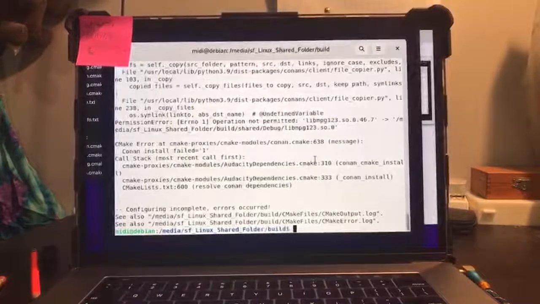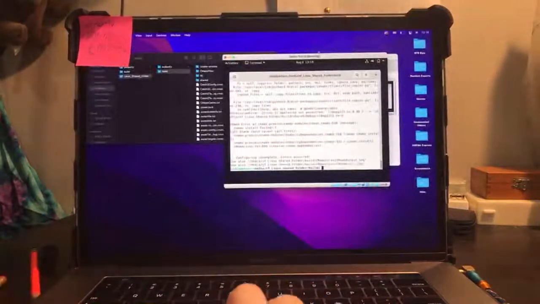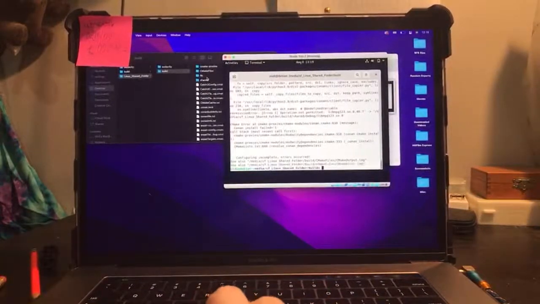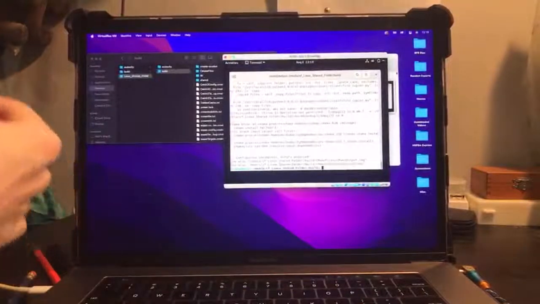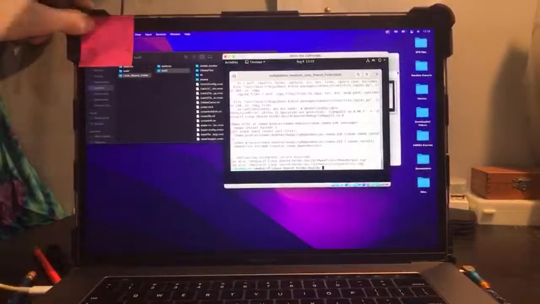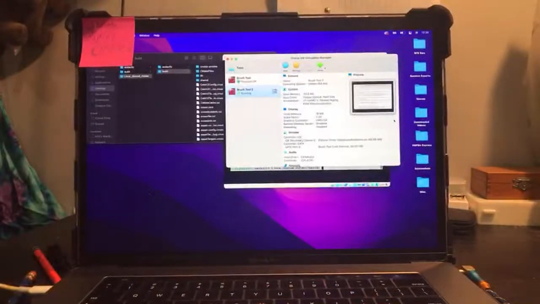All right. So, configuring incomplete. Errors occurred. See also those two log files. So, CMake error at CMake processes. Okay, first I'm pretty sure it didn't fill up, which is good, because filling up 40 gigabytes would be insane. We're just compiling Audacity. But even the fact that it filled up 8, well, I guess I should have expected it to fill up 8 gigabytes, but anyway,